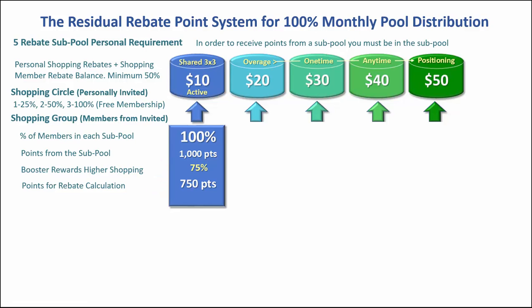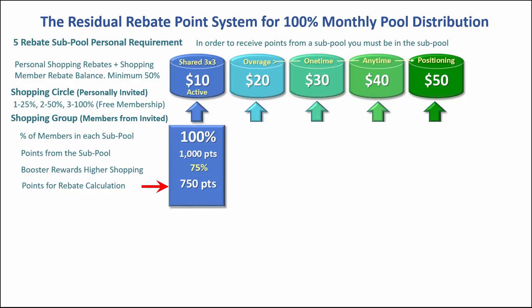For example, in the $10 subpool, it's about all of your active members. So they're going to have 100% of your active member group in that subpool. Now let's suppose that the subpool generated 1,000 points. Well, what the booster does is weigh the points toward the higher subpools. Since this is the very lowest subpool, you're only going to receive 75% of the points. So pulling all that together, the $10 subpool points for the actual calculation of the residual rebates when we get